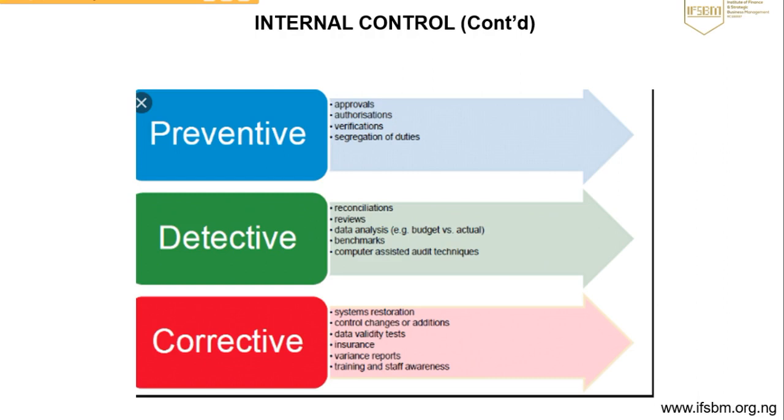But like I said, no control system is perfect, but you must realize that the closer the preventive control is to perfection, the better the chances of detecting fraud when it occurs. That is, if this preventive control is sound enough, even if there is fraud, it will be easier to detect. But in a situation where the company has gotten the preventive measure wrong, it will be very difficult to detect